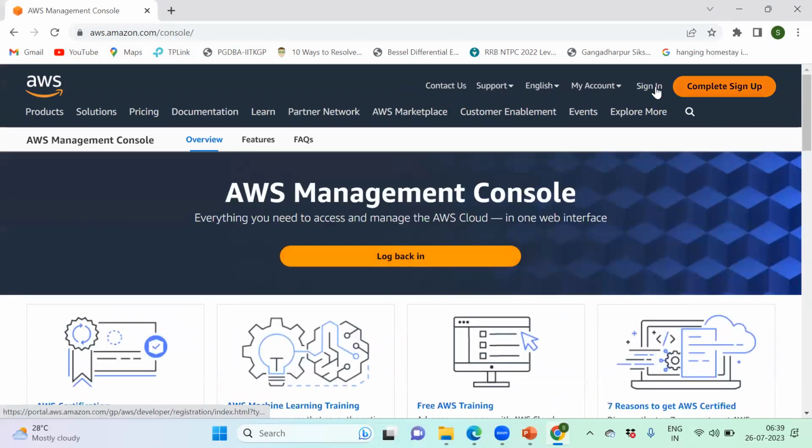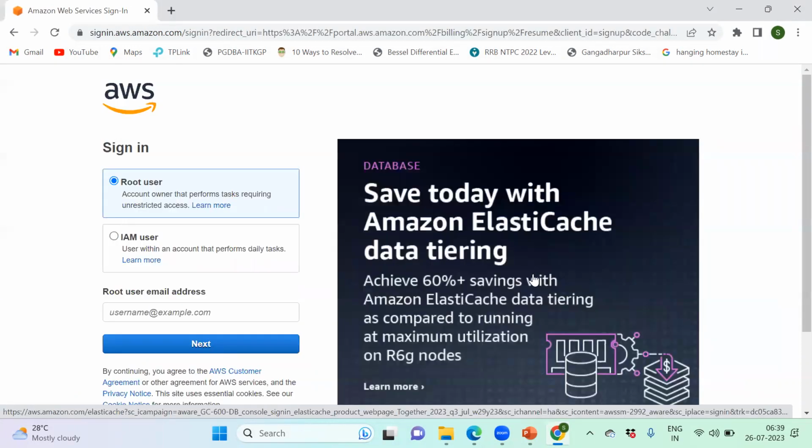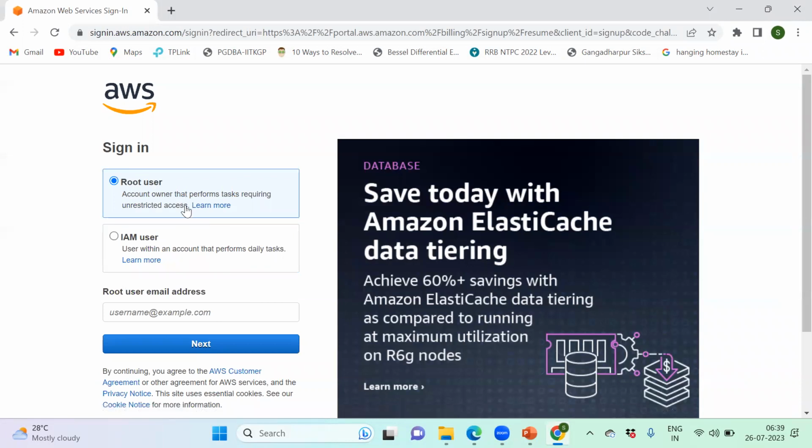Okay, so you need to first sign up. When you are signing up, the root user is the main head user for a particular account. So you need to open an account there. There are two kinds of user. I'll be mentioning these things quickly. Let me tell you right now. So you can sign in either way, either as root user or as IAM user. Root user should be the beginning one.